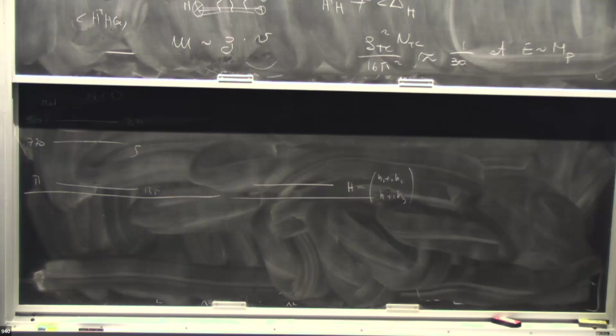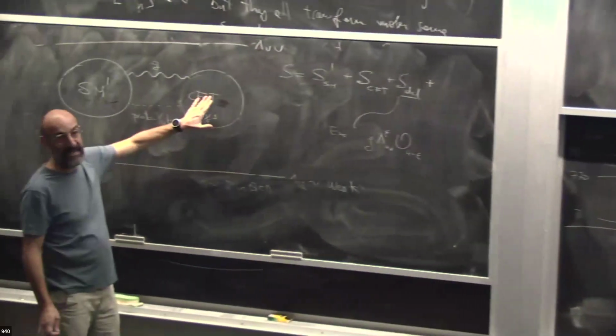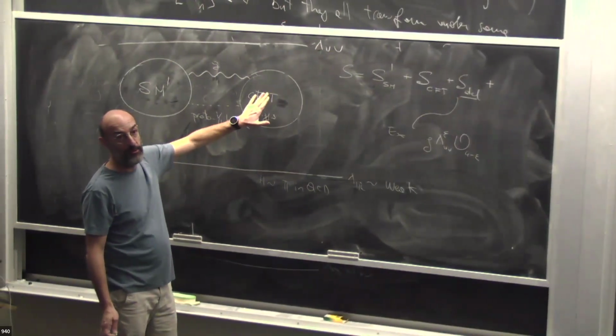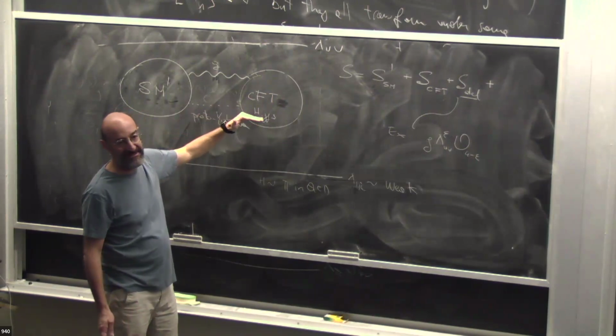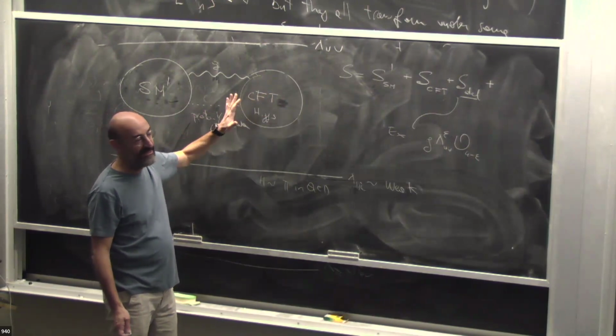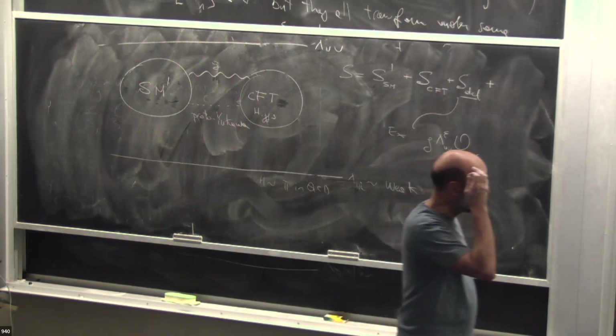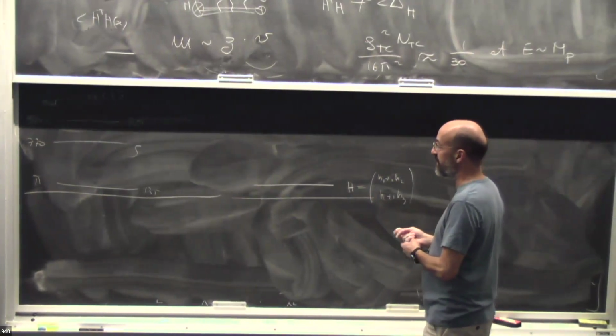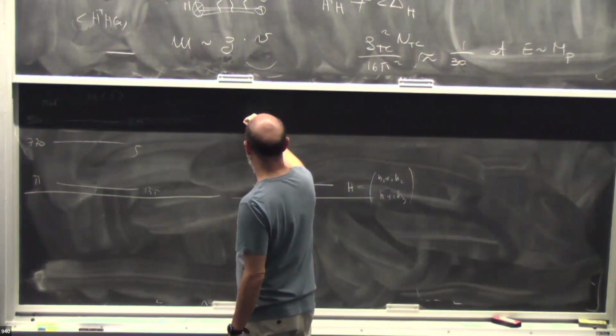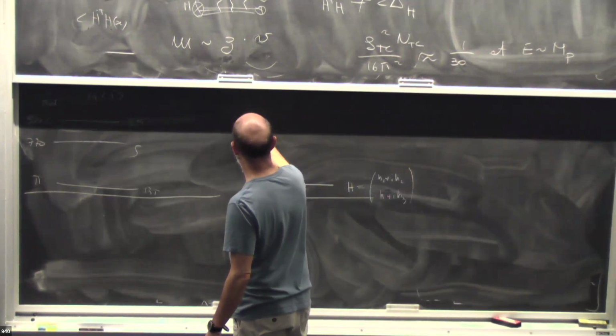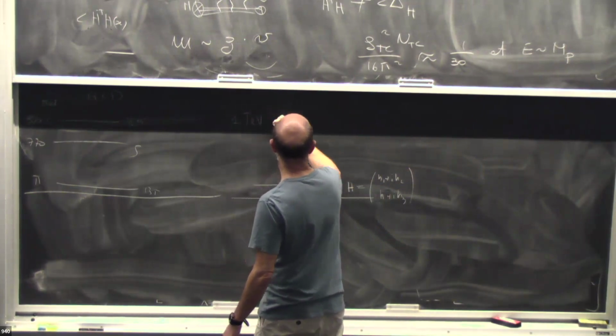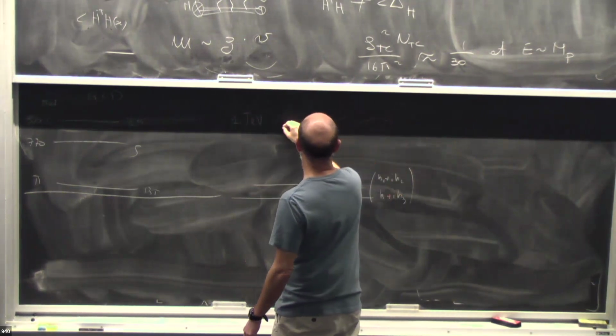You could rewrite this in QCD. Here you have QCD, and here you have the photon that breaks the isospin, the chiral symmetry of QCD, and contributes to the pion mass. In fact, there are also the quark masses that do that, but the situation is very similar. So in other words, this is light very much like the pion is light in QCD. And then the idea is that somewhere above, let's say here at 1 TeV, you have the resonances.